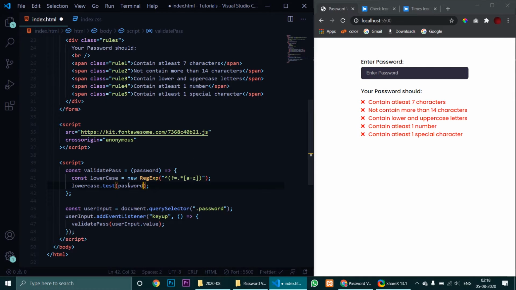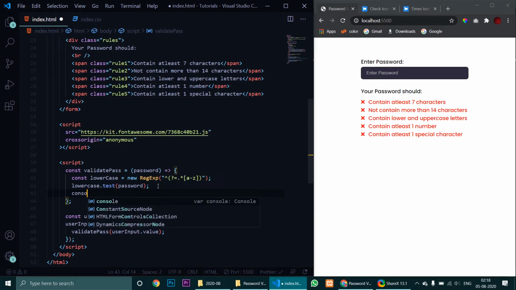So whenever we pass this value of password to the test function, it will return either true or false based on the condition which we have specified here. So the condition which we have specified is whether this password contains anything between small a to small z. Now if this condition is satisfied, it will return true, and if it is not, it will return false.